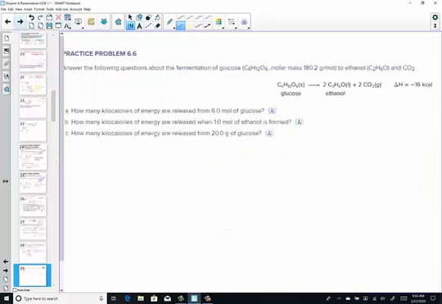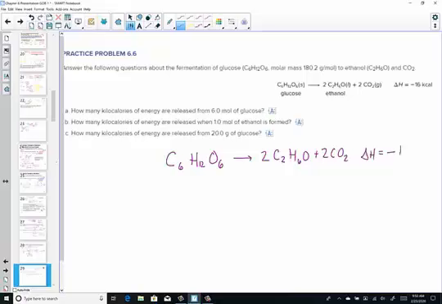Shall we continue? You have 3 more to practice with the glucose. Let's write this equation. We have C6H12O6, and it made 2 molecules of ethanol and 2 molecules of carbon dioxide, and in doing so it released 16 kcals of energy. So this is our thermochemical equation. That's a balanced chemical equation that includes the delta H information, the heat of reaction.